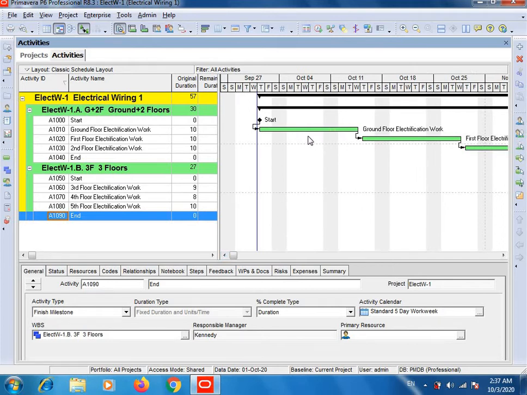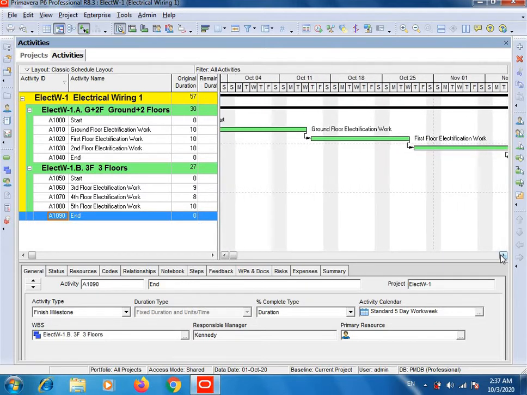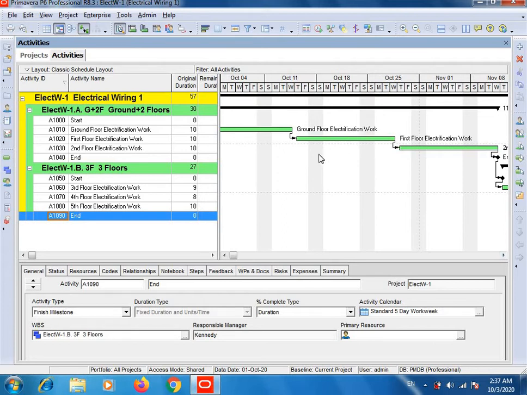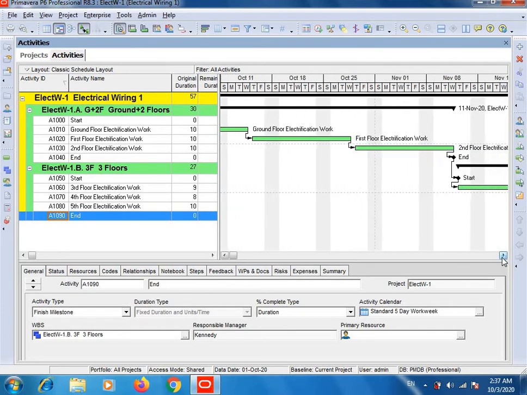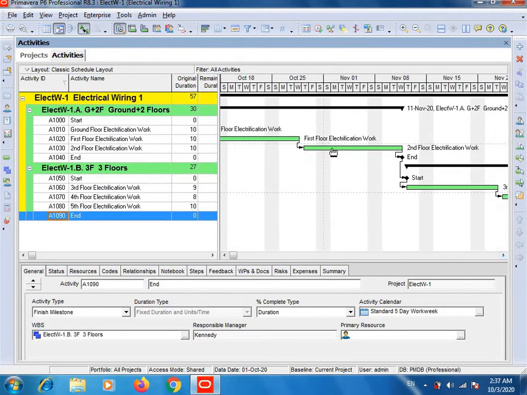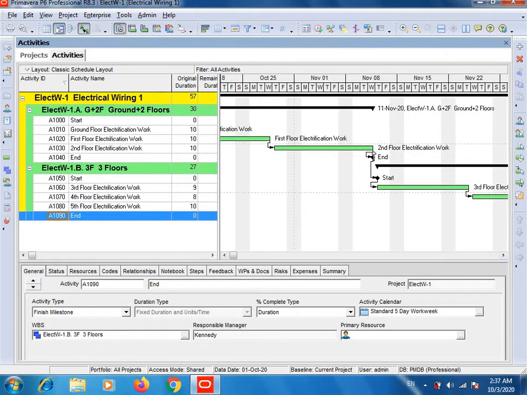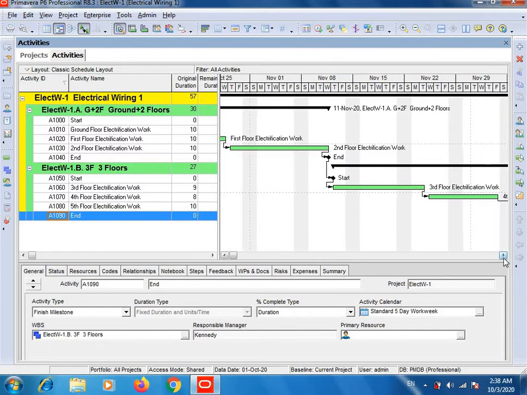This bar is the ground floor electrification work, and when it completes, then this activity will start, and this is the first floor electrification work activity, and then this is the second floor activity. And when this ends, like here you can see end, then the second WBS activities will start.